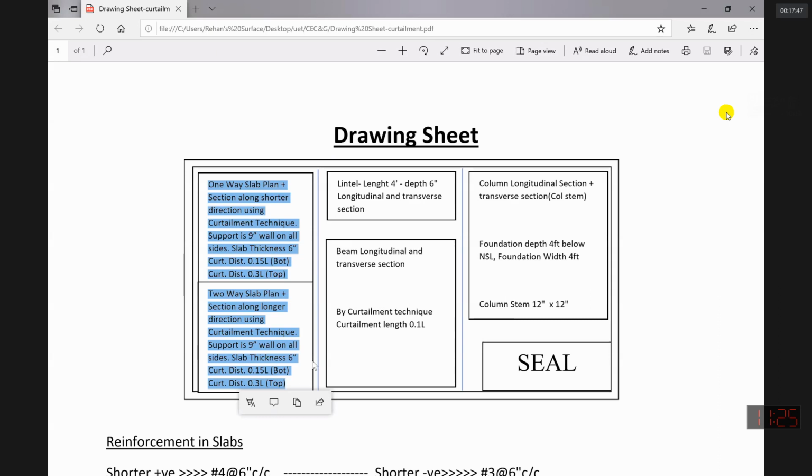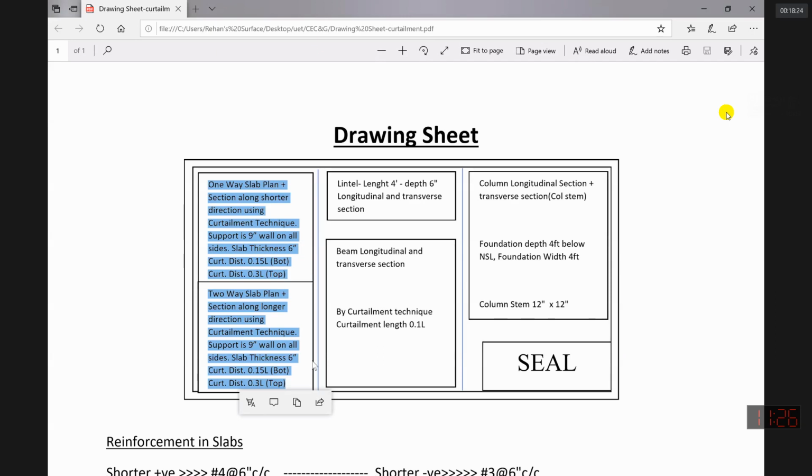Now, if you have seen the recording, I've also discussed the types of slab. Types of slabs are one way and two way. Now, one way and two way means that in one way slab, we consider that the load is transferred in one direction only, which is normally the shorter direction, Lx. Shorter direction or shorter span is Lx. Longer direction is Ly. This is given in the notes, right?